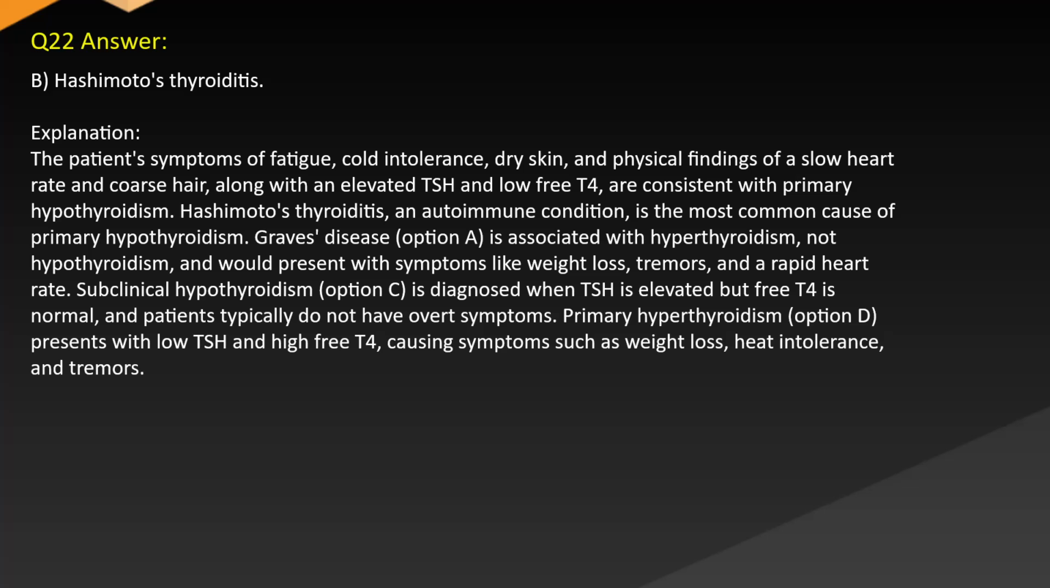Graves' disease, option A, is associated with hyperthyroidism, and would present with symptoms like weight loss, tremors, and a rapid heart rate. Subclinical hypothyroidism, option C, is diagnosed when TSH is elevated but free T4 is normal, and patients typically do not have overt symptoms. Primary hyperthyroidism, option D, presents with low TSH and high free T4, causing symptoms such as weight loss, heat intolerance,